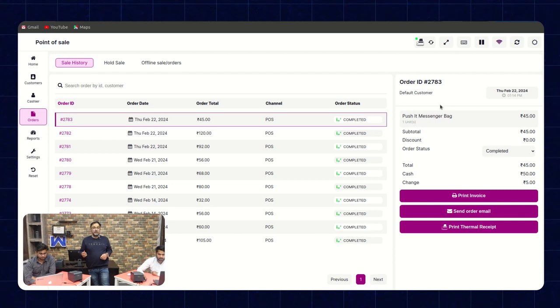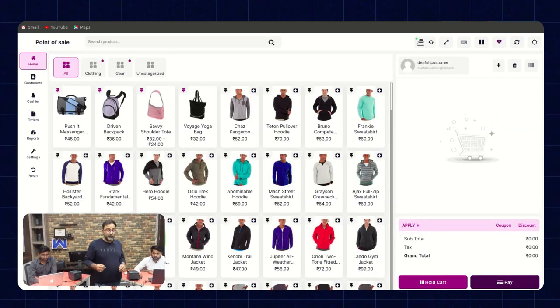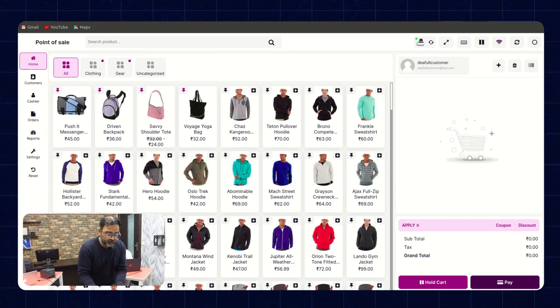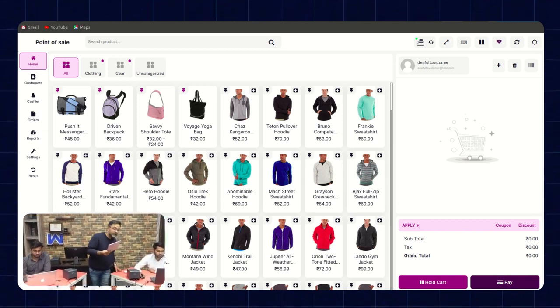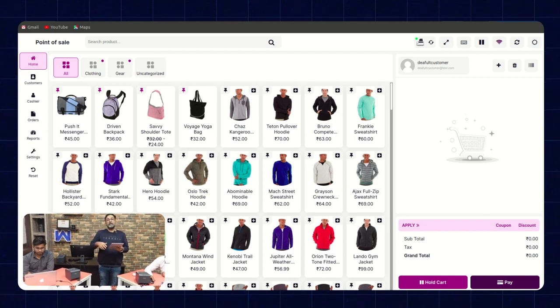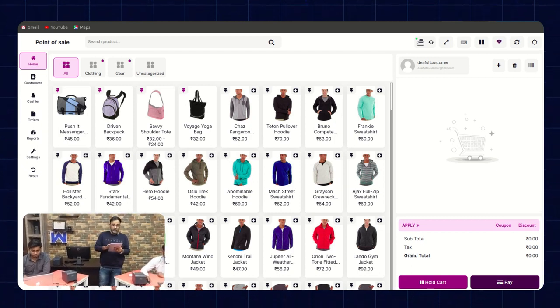Now I also have a tablet. I just want to demonstrate how we can use a tablet as well to take a printout on any of the thermal printers that are connected to the admin's server. All of those printers that have been connected can be accessed by any of the POS agents there. So for now I'll be opening up the POS terminal on my iOS device, or the tablet, and let me just